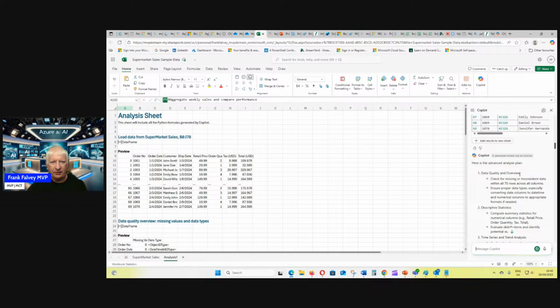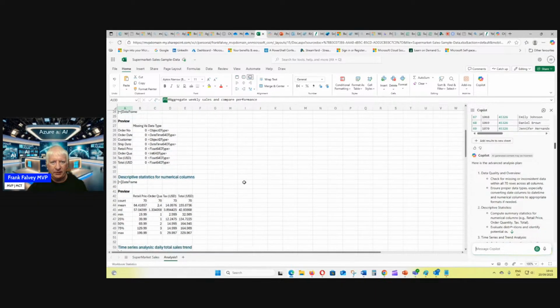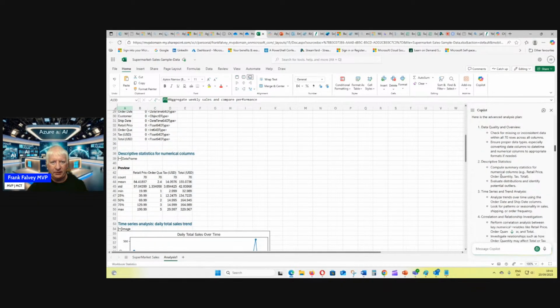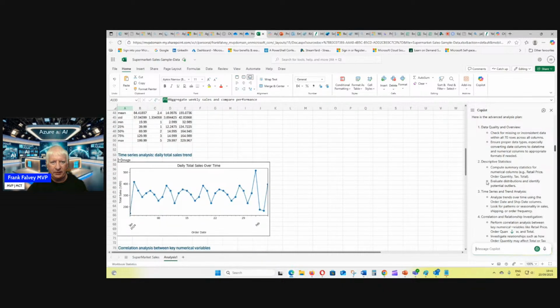Okay, so data quality and overview. So that's this one here, data quality overview, missing values and types. The next one then is descriptive statistics. So it's breaking them down. It's giving you the mean, standard deviation, minimum, and the percentiles 25, 50, 75, and the maximum. And here then it's giving you